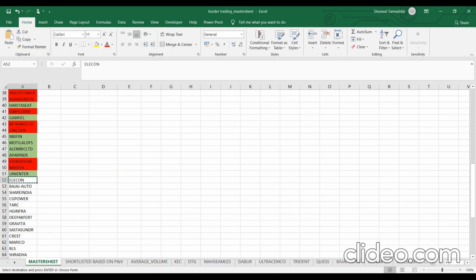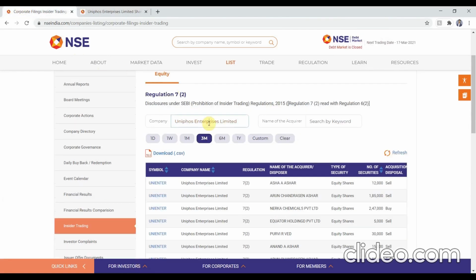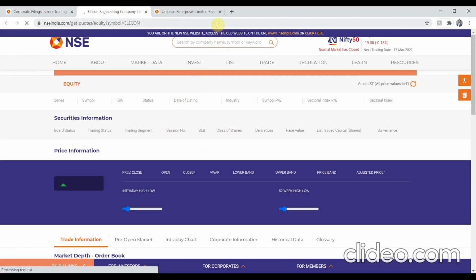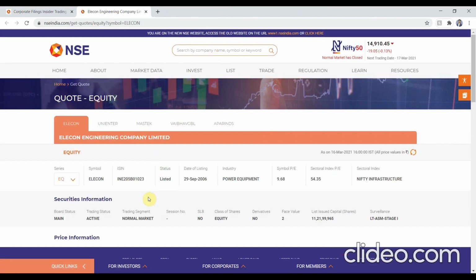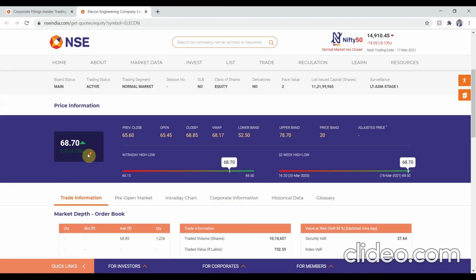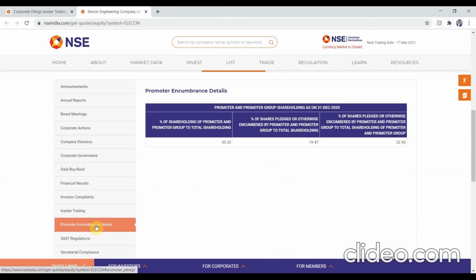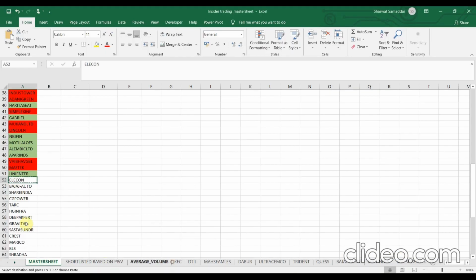Next is Elecon. Paste it here, Elecon Engineering Company Limited. Okay, I would want to invest in this company. I'm an engineer too. Okay, corporate information. Let's first check pledging. Okay, this is going to the red bucket list. This is 32.90%. We have to discard it. Looks like I can't invest in this engineering company.